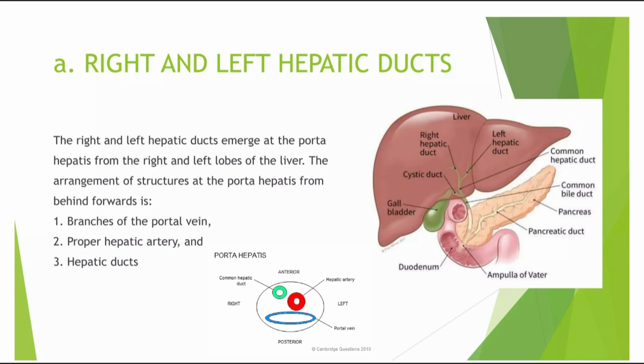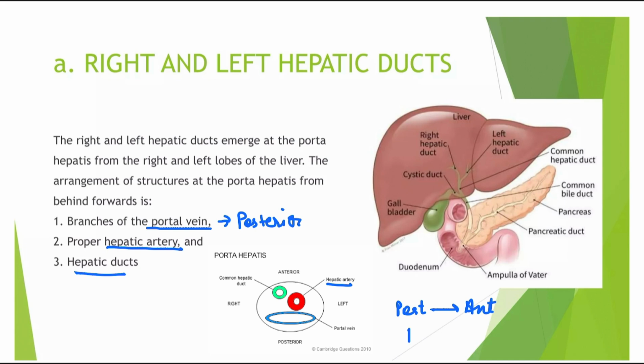I'll tell you the trick: P for portal vein, and P is posterior. See in this diagram, the portal vein is the most posterior structure at the porta hepatis. Then anterior to the portal vein is the hepatic artery, and then the hepatic duct. The sequence from posterior to anterior